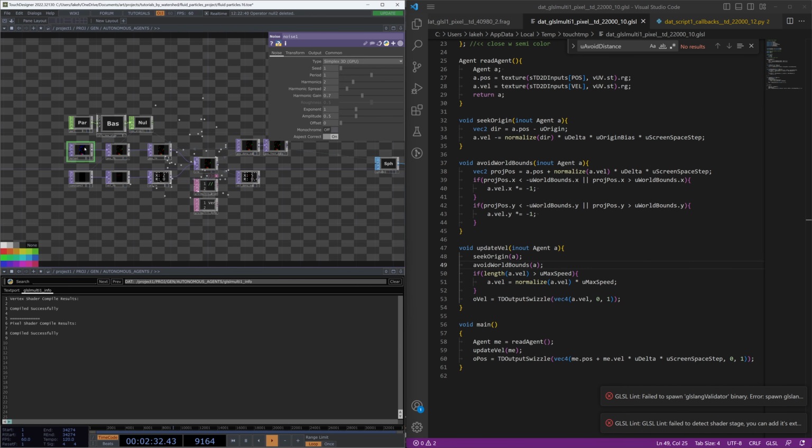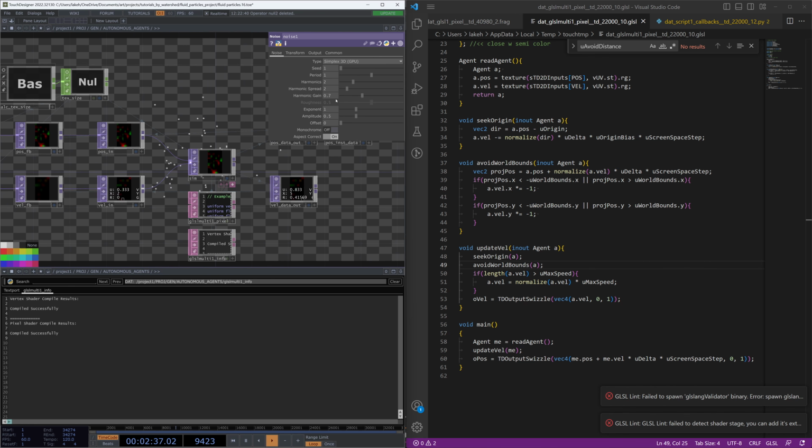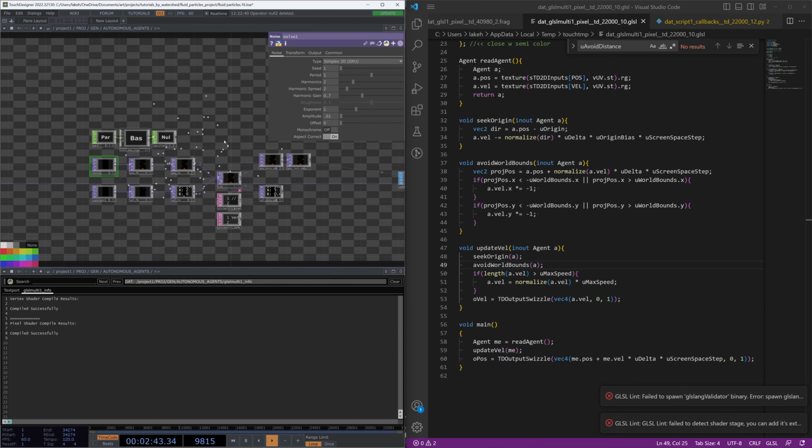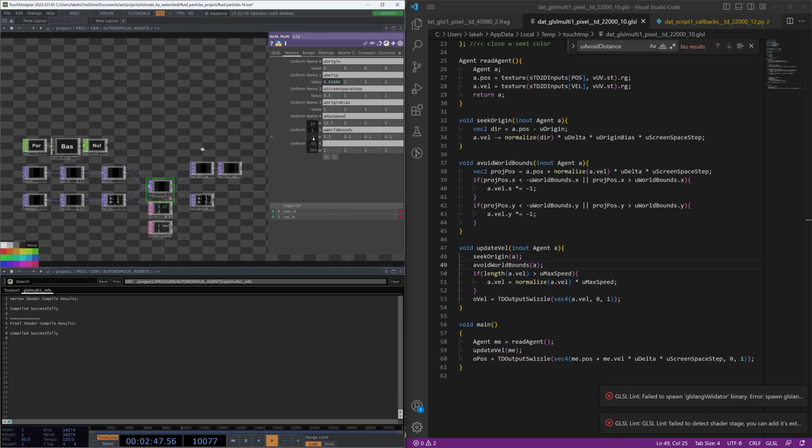I think the reason that it's not working completely is because we're actually starting some particles outside of those world bounds. So I will make this start amplitude for our position much smaller, so everybody starts in the center. And then if we play with our world bounds,